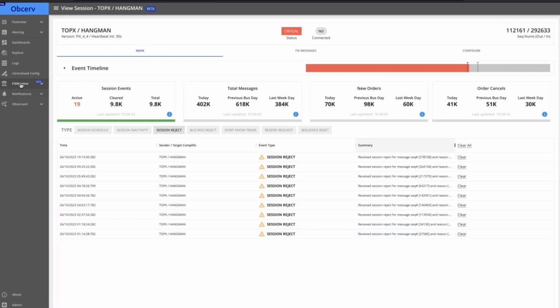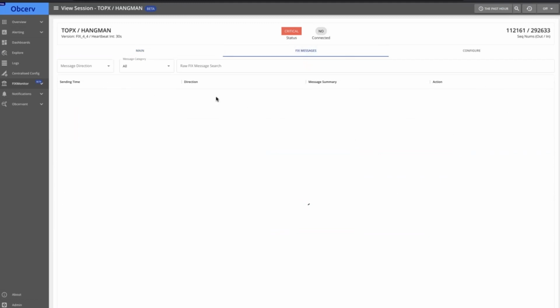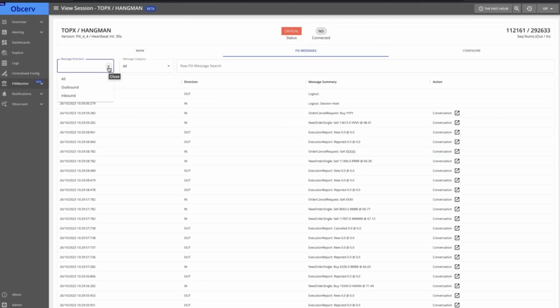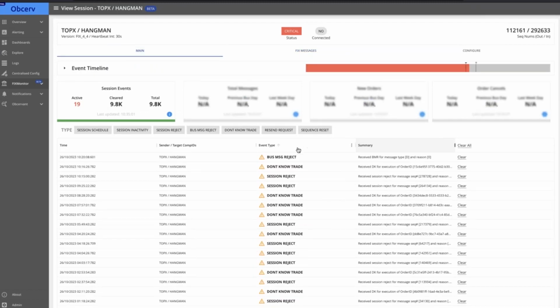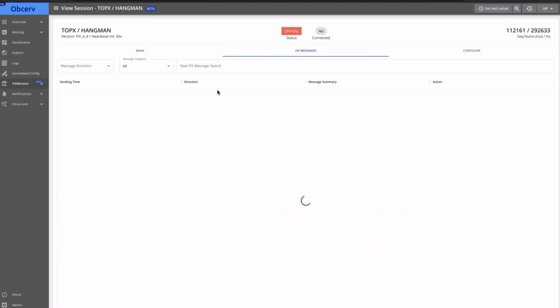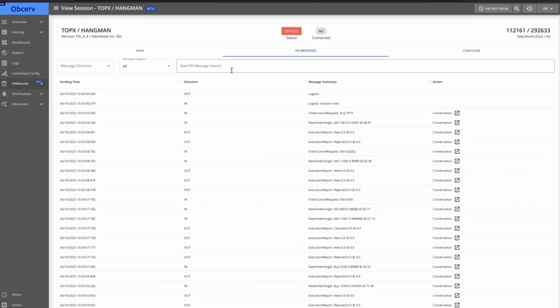What I can also do is look specifically at the messages and see what's happening. I can go through here. I can change this at a very high level. It's just an overview of what we're doing. I can see whether I just want to look at the outbound messages or the inbound, whether it's application or just session information, or if I press the right button, I could go and search just for the